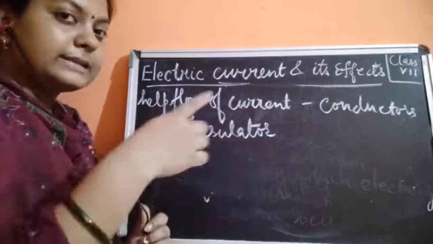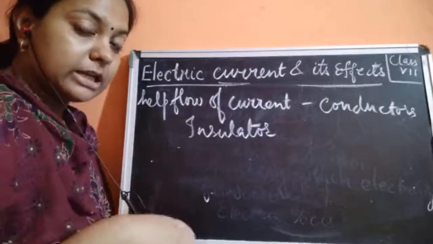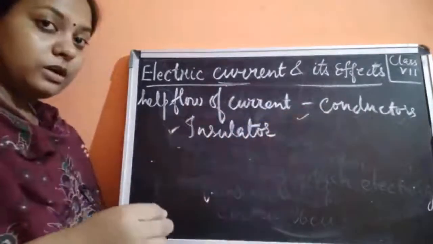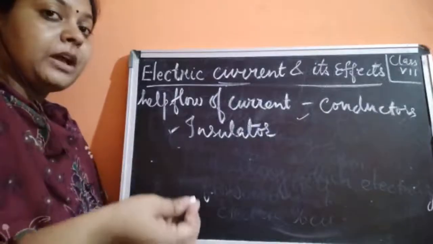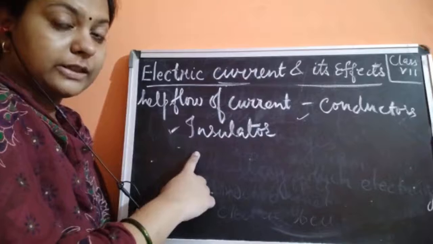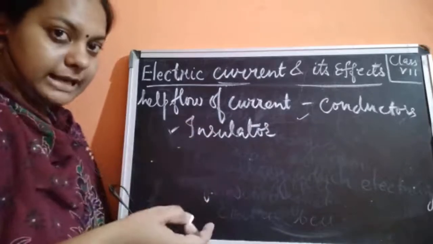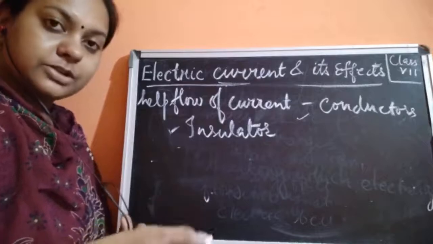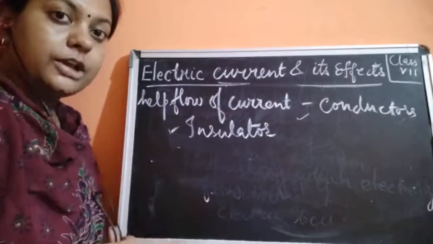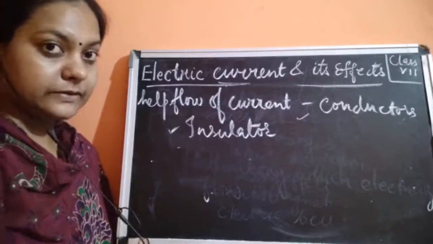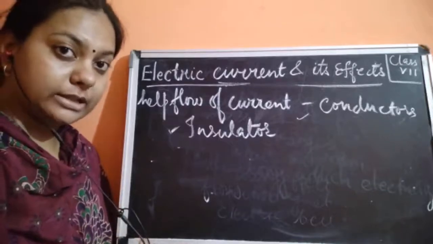All these basic concepts we have already studied in class 6, and there the use of conductors and insulators was given in detail, that while using conductors we need to have an insulator handle on them, so that we do not get an electric shock. So all these we have studied in the safety measures regarding electricity. Now here in this chapter we are going to study the components of an electric circuit and how the current flows in the circuit.